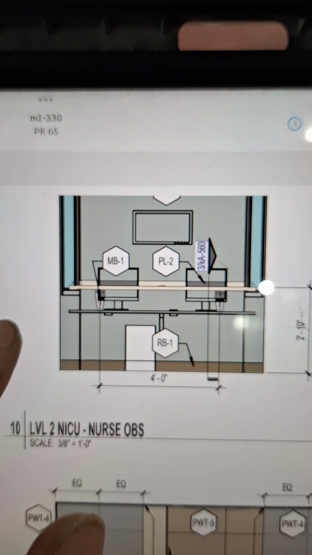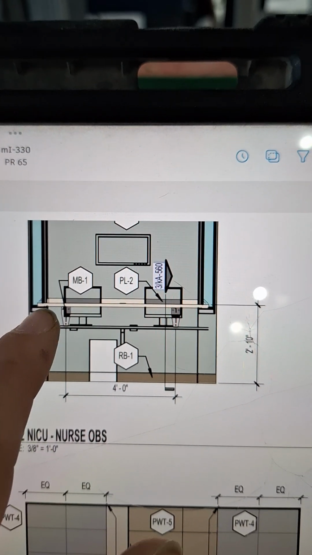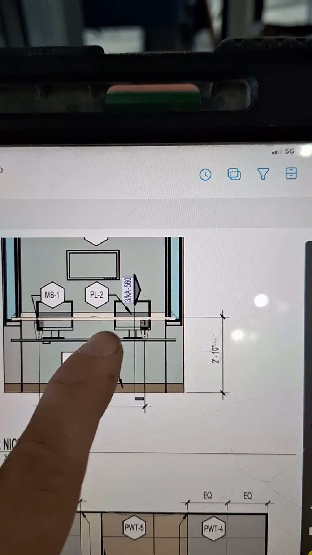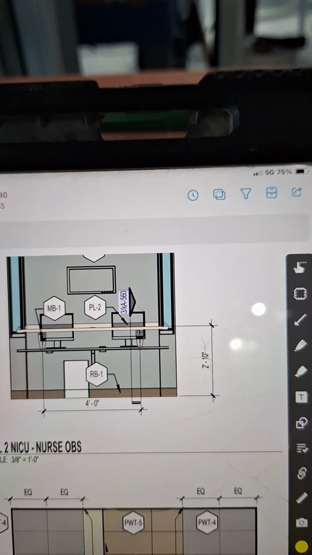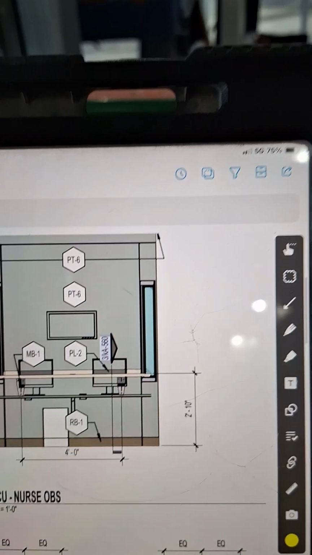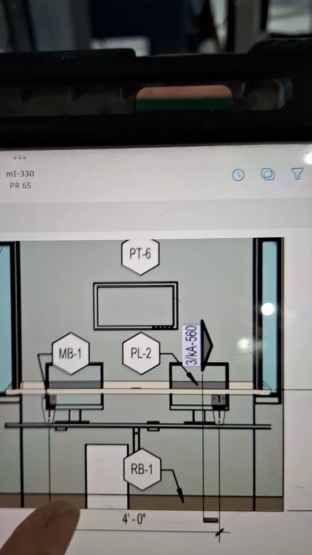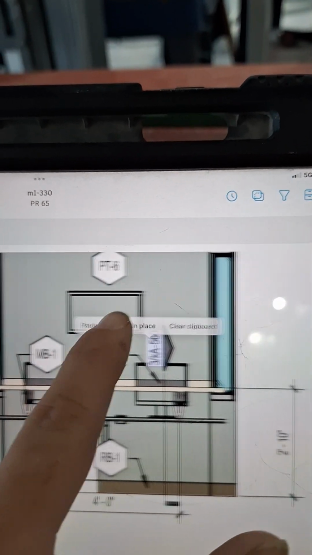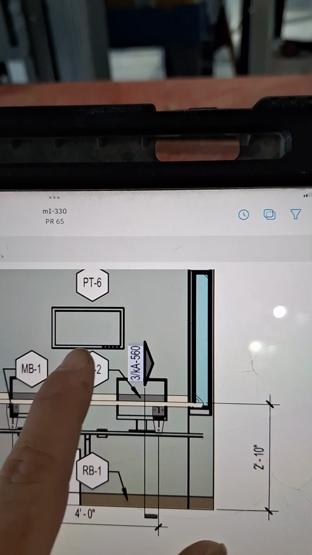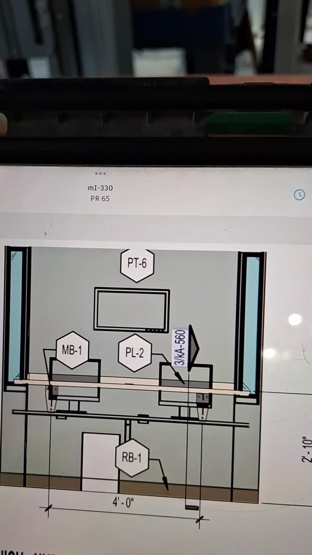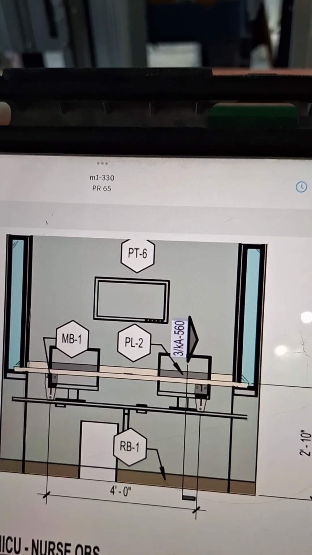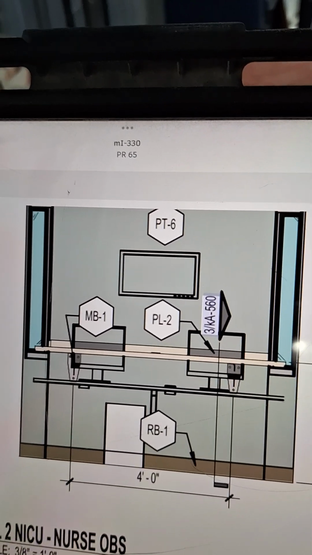There we go. Now their drawing is obviously very messed up. They have a countertop going through the monitors, and they show it up here, but then also down here. This happens. Architects. But this is a TV monitor here. But they don't give me any elevation, but the electricians do have one, so I'm going to use their boxes as my locating device